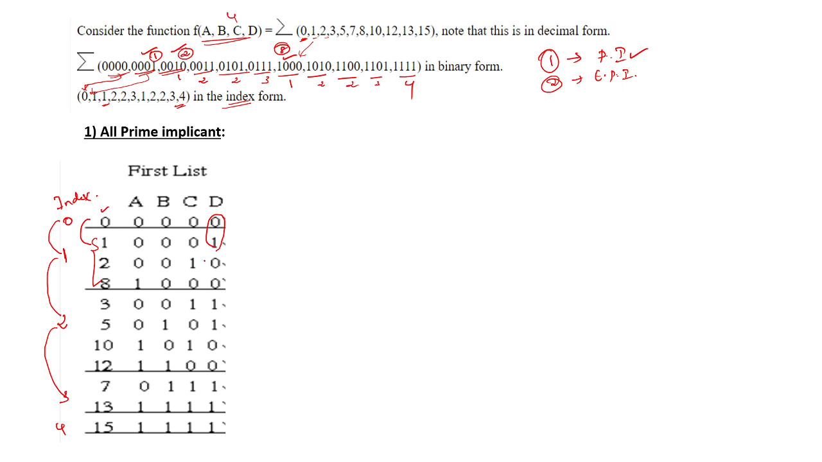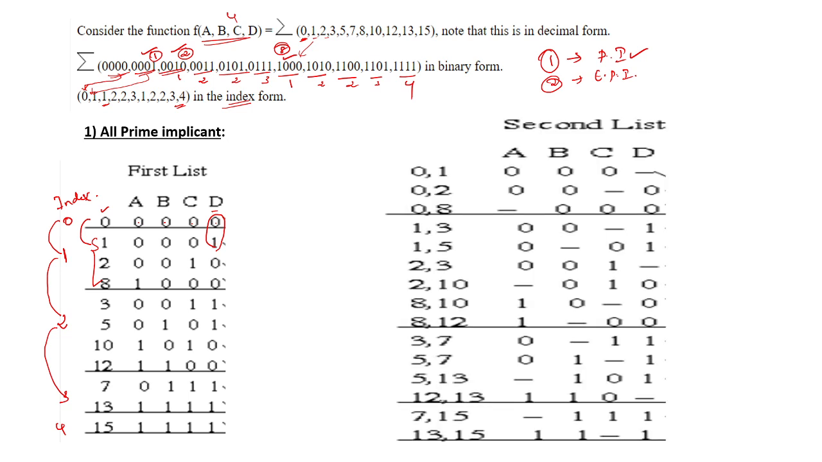So here it is a 1 bit change. How we write it: 0 0 0, and where there is a 1 bit change it is considered as a dash. That we will see in the next chart. Between these two we have a 1 bit change, so we consider it as 0 comma 1, and the changed bit is represented as a dash. Similarly we have to check between 0 and 2, and 0 and 8. If there is a 1 bit change, we mention it as a dash,